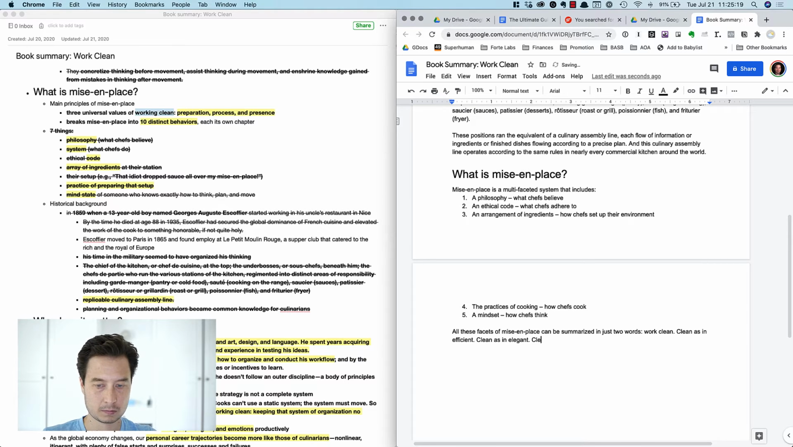clean as in direct, clean as in without. I'm just gonna do a little brainstorm here. I'm probably not gonna use all these, but just see in the moment here how many I can think of. Clean as in simple, clean as in,